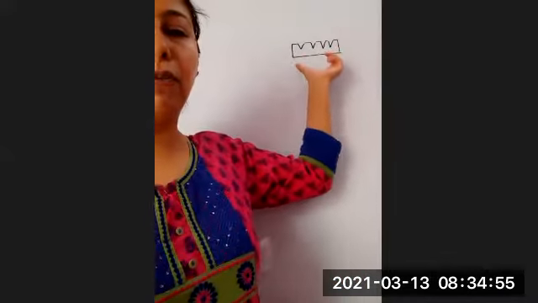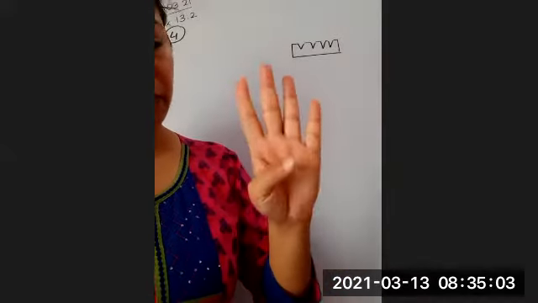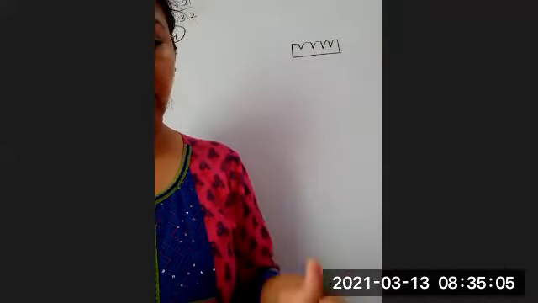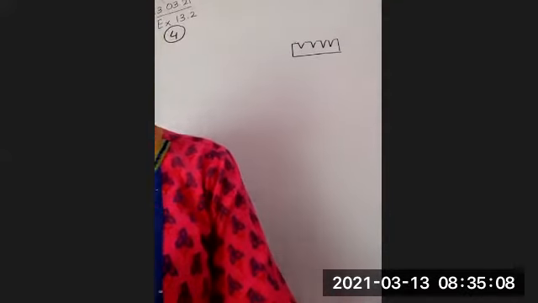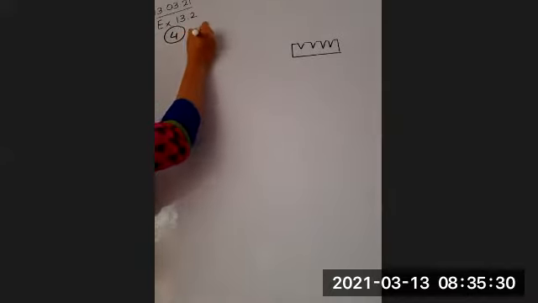Formula will be volume of cuboid minus how many times volume of cone? 4 times. Very good. We are given the dimensions of the cuboid as 15 by 10 by 3.5. So length is 15, breadth is 10, height is 3.5. The radius of depression is 0.5 centimeter and the depth is 1.4. So can we do this easily? Yes, ma'am.